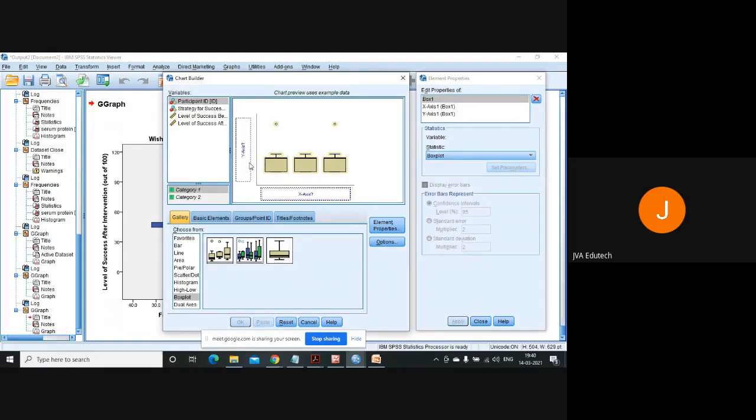So let's take this data file. We have this category of whether people wished to be a star or worked hard to succeed in their life. We have taken this simple box plot. You can take this success post variable, their success after 5 years, and drag it on the y-axis.